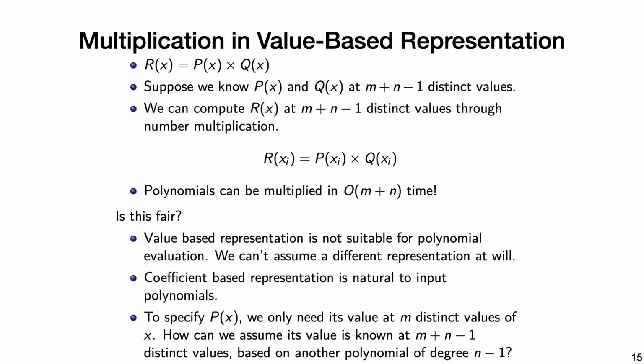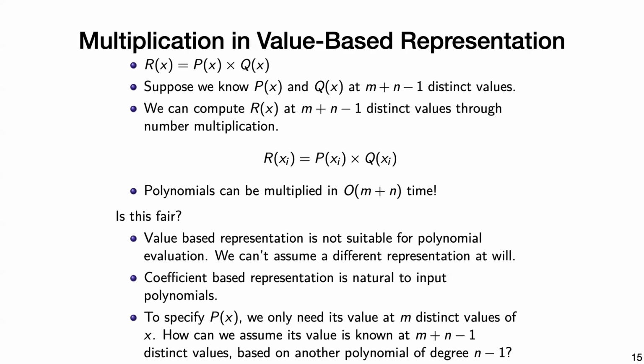Yeah, because when you multiply the polynomials, every point is just the multiplication of the two input points. And using this, we can multiply them in m plus n time, rather than m times n time in coefficient representation. In value representation, it becomes additive rather than multiplicative. So this seems good. It seems like we're going in some direction, which is that we have reduced the time